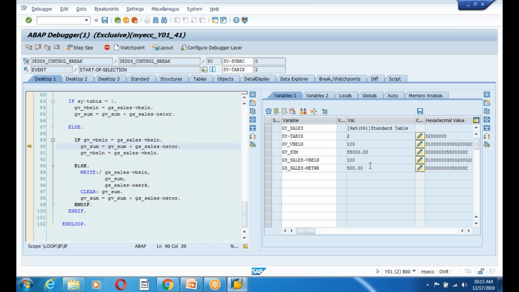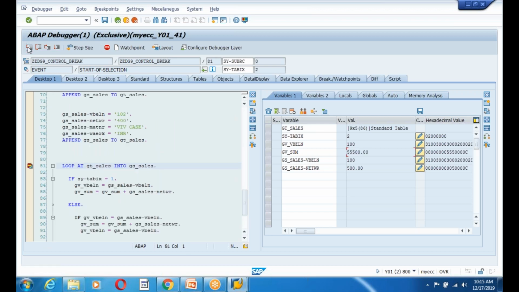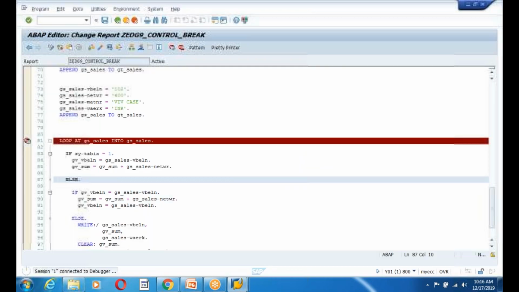The current value is 500 rupees. The previous value is 55,000. So it calculates 55,500, guys, the total sum. Okay, good. And I will go back again. And next record, the third record. And the third record is a name. See, third record,